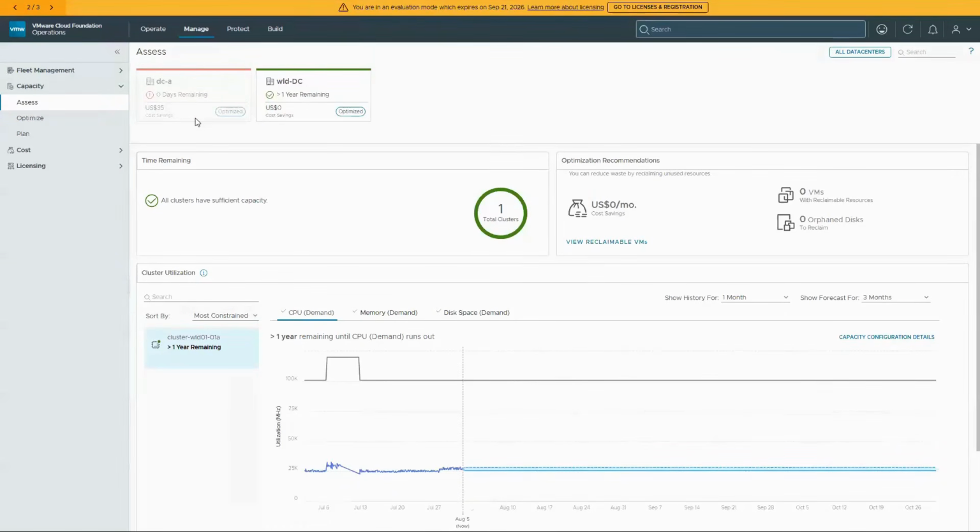So with that being said, one of the things that VCF does, it uses particular algorithms where you can actually sort